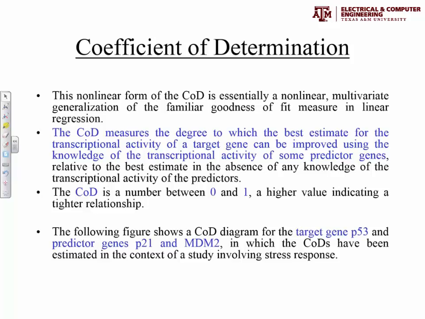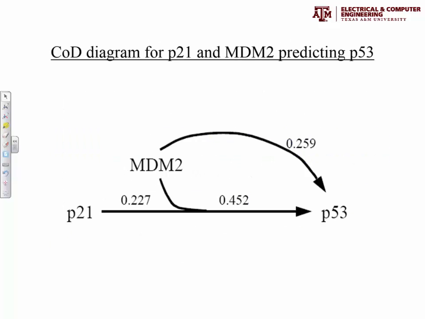So on the next slide, we show a COD diagram for 3 genes. P53 is one of them. You have already encountered that, so don't ask me what is P53. We already covered that in the molecular biology section. Then there is P21, which we also talked about. That's a protein with a mass of 21,000 Daltons. And then there's MDM2. So if you go ahead and take sample measurements,